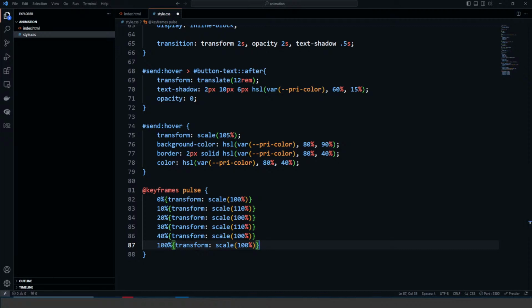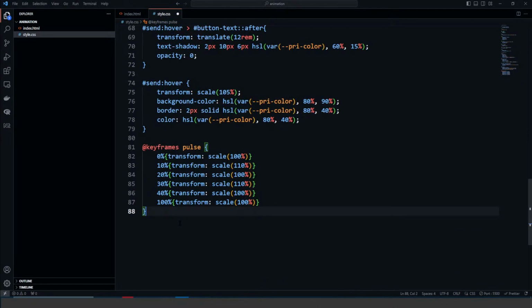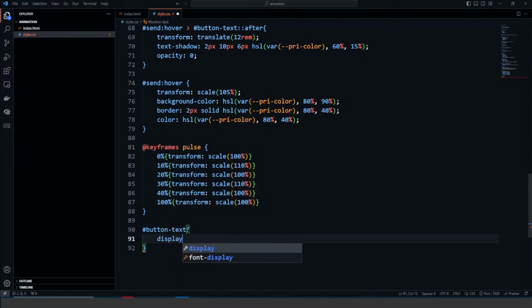So now we've created a keyframe animation, and we can add this keyframe animation as an animation to our button text. Right? And so we haven't really used our button text much yet, but I'm going to focus my button text ID selector and add this animation. And I'm going to display inline block,